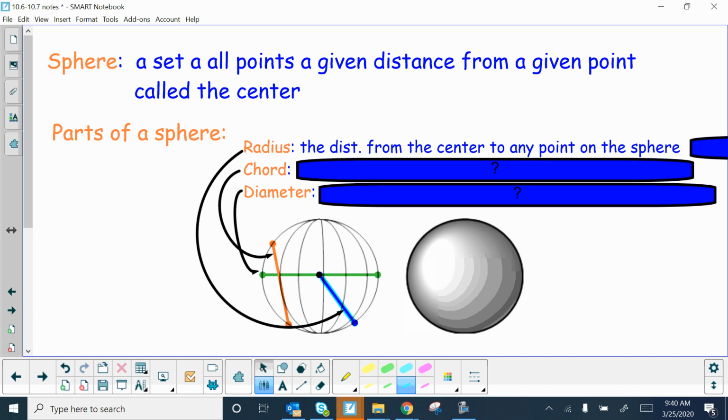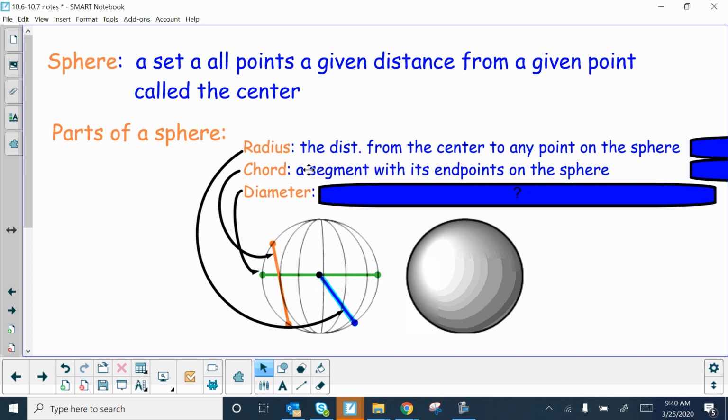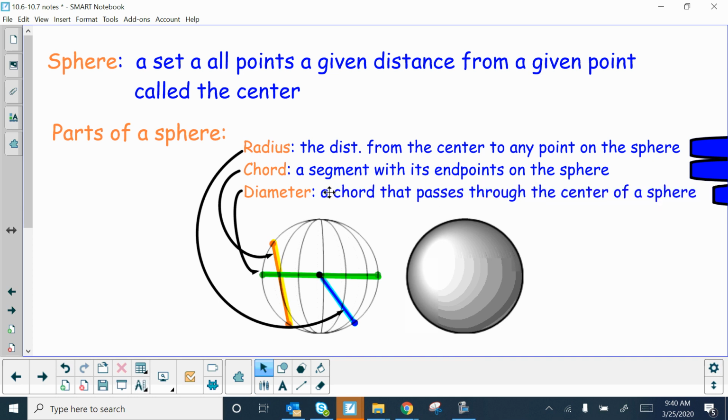And then we also have what you call a chord. This is a segment with its endpoints on the sphere. So here, if you're looking at a diameter in green, that's represented as a chord, okay? And actually this one right here in orange, that's a chord as well. Now, I kind of jumped the gun. The diameter is also a chord, but more specifically, that's going to be the chord that passes through the center. Okay, so both the green and the orange segment are both chords, but the green one specifically is the longest